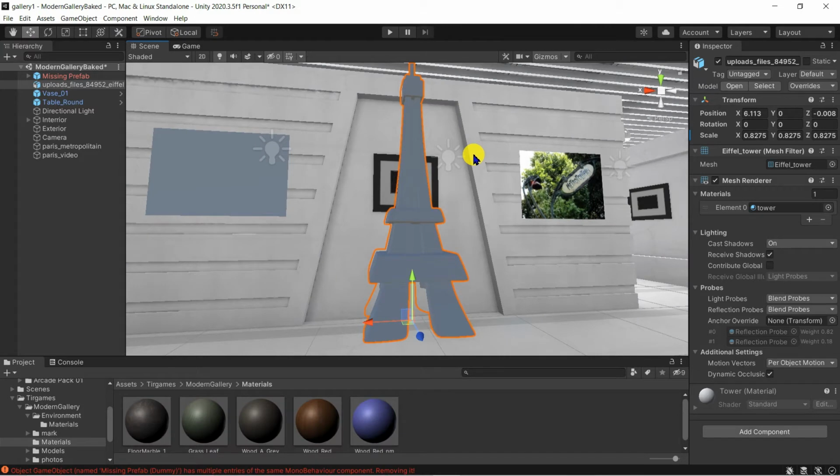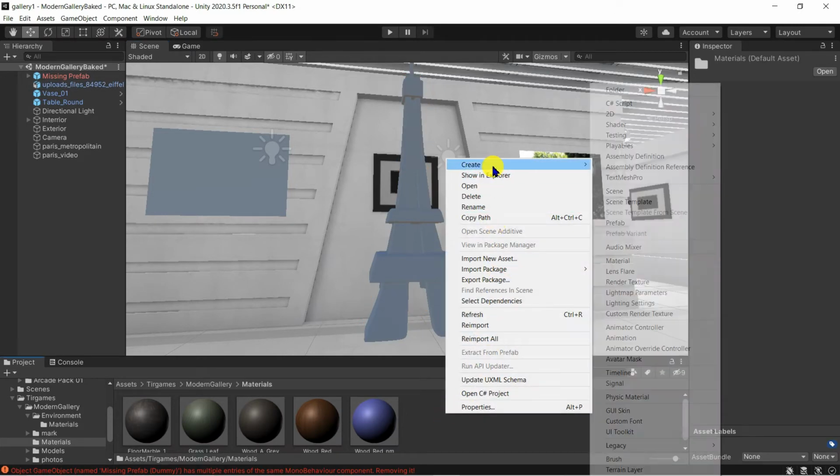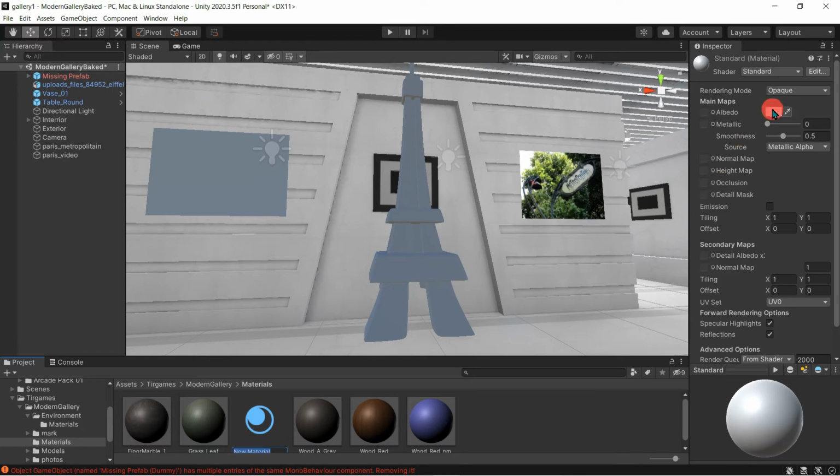If your model doesn't include its own materials or textures, it's going to look this kind of light grey colour. You can create yourself a very simple material directly inside Unity. Right-click in a folder, Create, Material. Set the albedo colour,